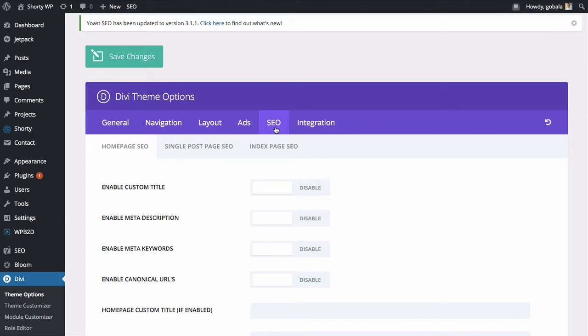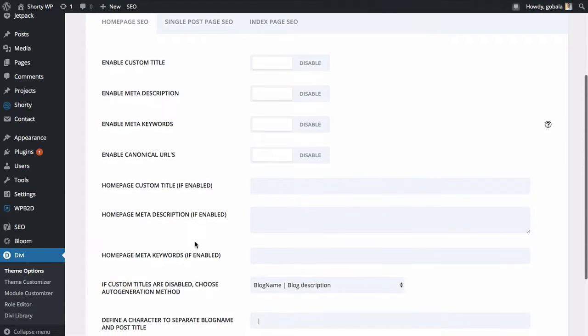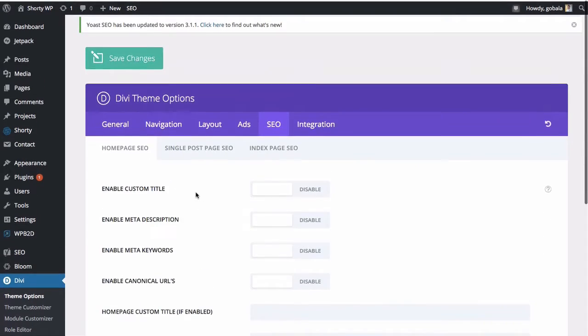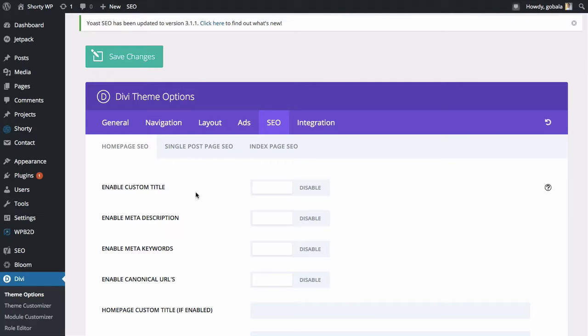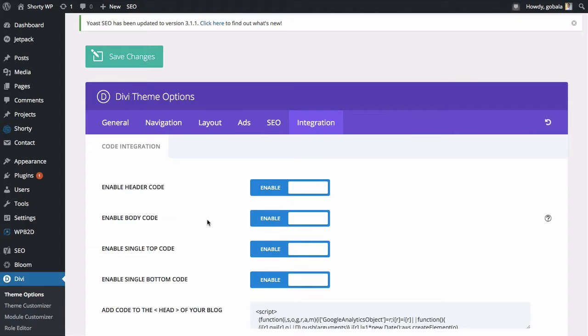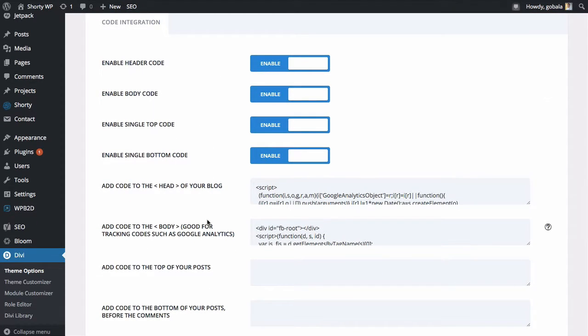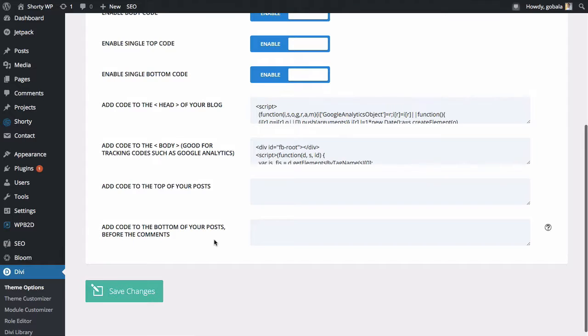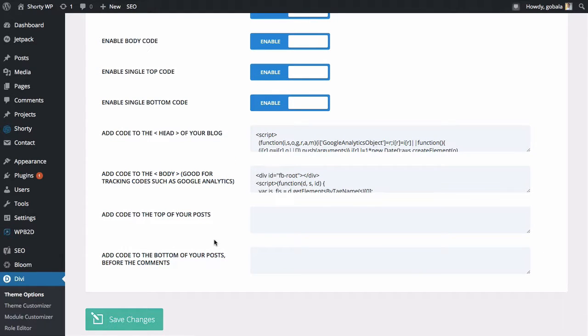You also have some built-in SEO features, as you can see here, which you may or may not want to use. I certainly don't use them because I use a dedicated SEO plugin called Yoast SEO for WordPress. And then click on integration, and here you can have all the codes that you want to put into your WordPress blog, for example Google Analytics or other scripts such as retargeting scripts, pixel conversion, Facebook pixel scripts, anything that